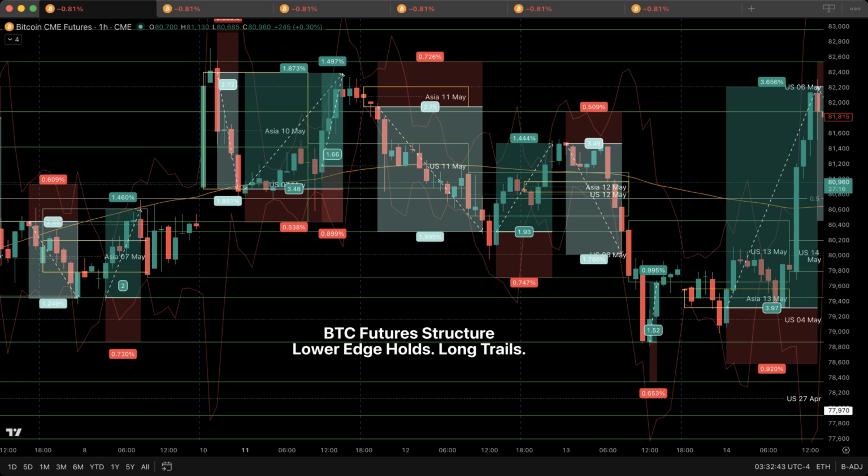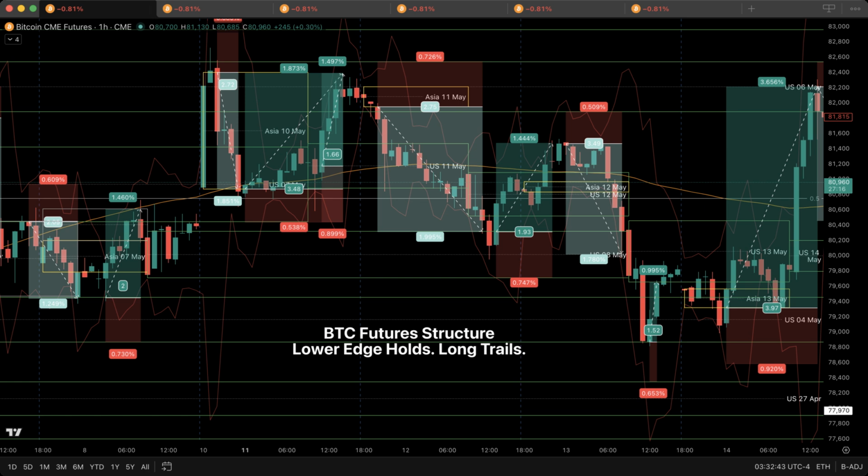Now the first target. Take profit line. May 13th U.S. session midpoint. Why there? Because the Asia long begins from the lower side. The first job is not to imagine a huge rally. The first job is to get price back into the middle of nearby active structure. That midpoint is the first place where price can hesitate. It is the first place where the market may say, enough for now. So the first target belongs there.